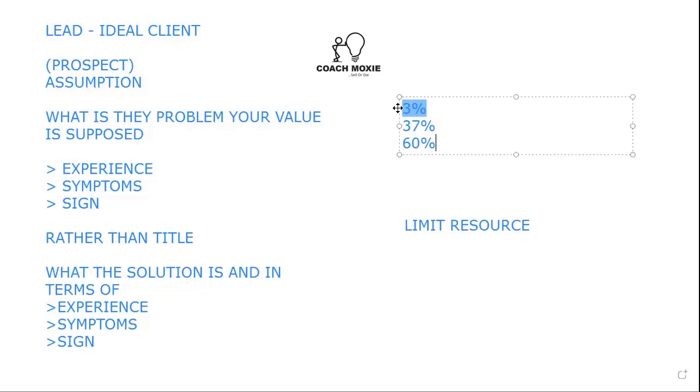You're trying to make sales as fast as possible to as many people as possible. You can't be saying that your solution is alkaline, whatever. Who cares, man? The 3% cares, the rest of the market does not. Are you getting me? They simply want something that would counter the experiences they are currently having, the symptoms they are currently having, and the signs that they are currently seeing. They just want something that will counter it. Whatever it is called is not really their business.